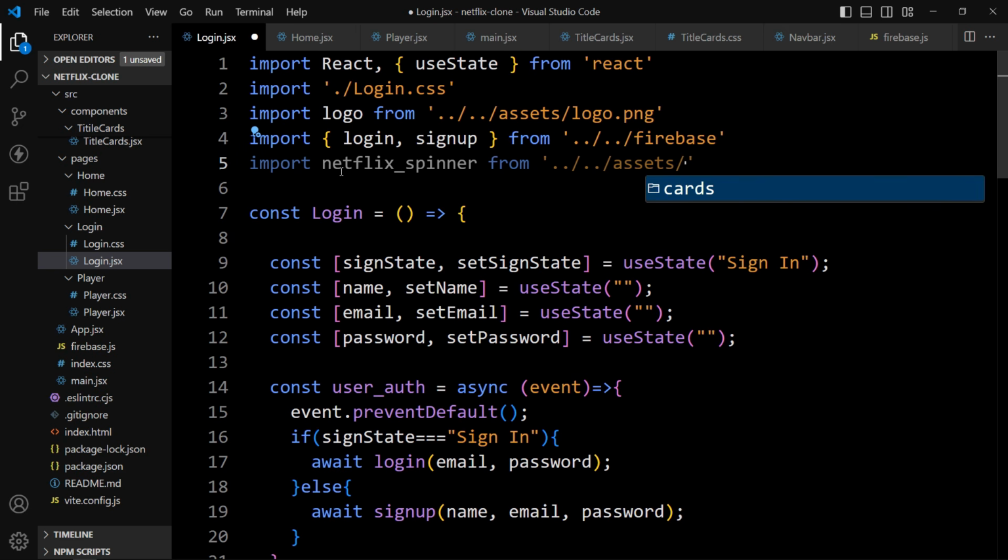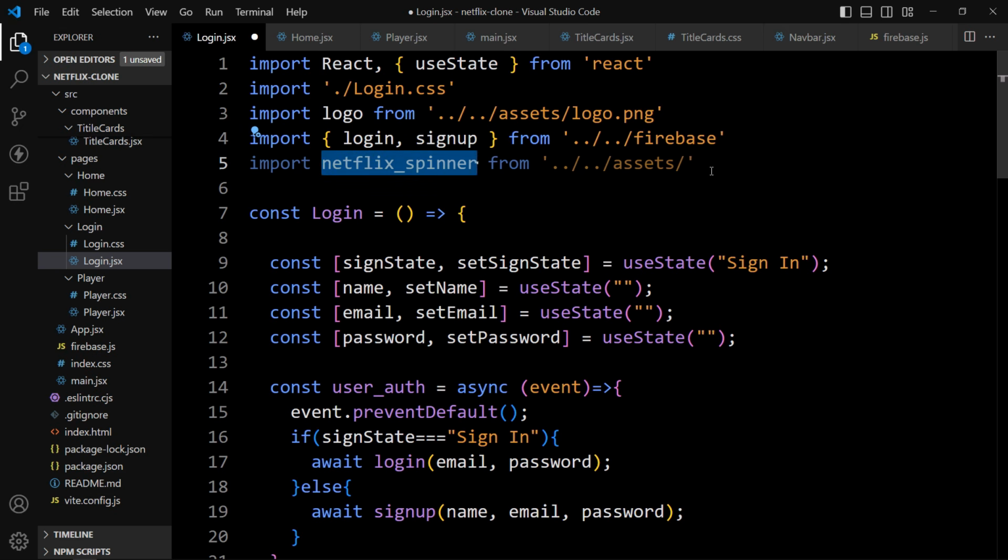Then we will add the file name, which is netflixspinner.gif, and we will use this GIF on the web page when we will click on sign up or sign in button. So this loading animation will be displayed, and once we are logged in, that will be removed.